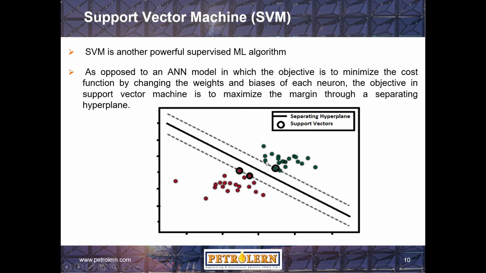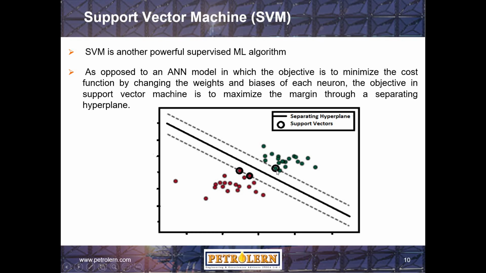This is a classification problem, and you have two features here. The idea in support vector machine is you're trying to draw a hyperplane. In this case, this solid black line is the separating hyperplane,